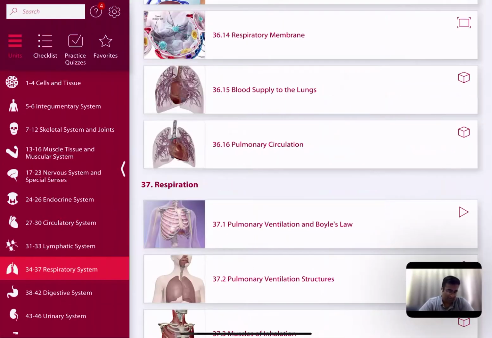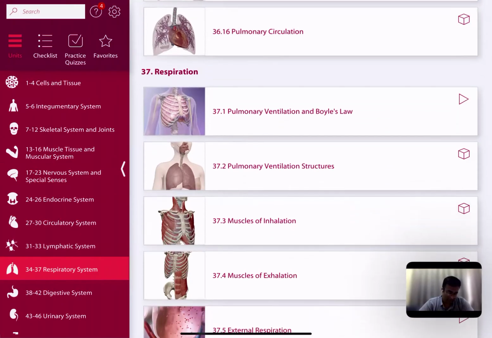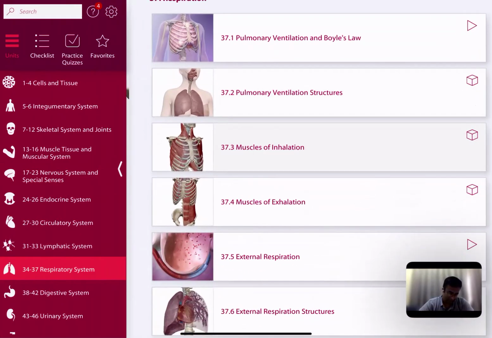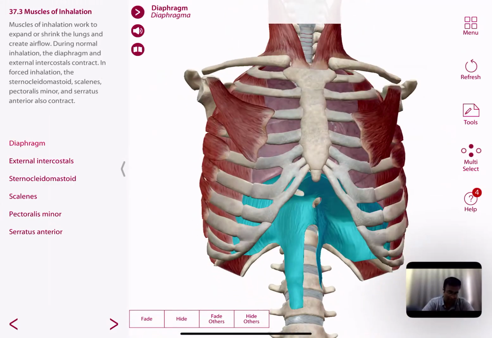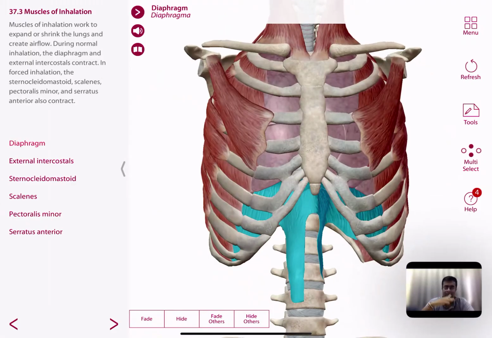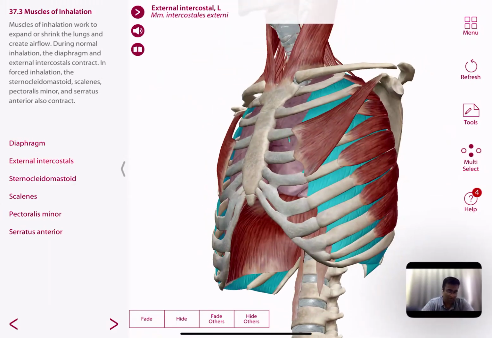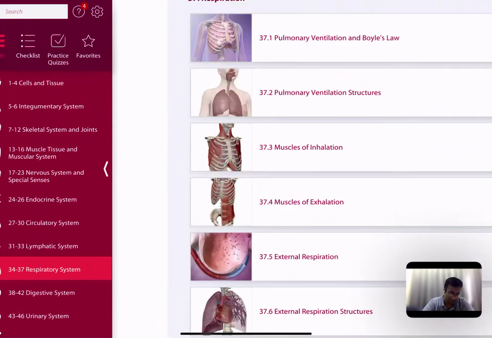So let us again identify these muscles as well. I'm just going to identify the main ones that you have in your syllabus. The diaphragm helps to push down the abdominal organs or push them outwards. Then you have the external intercostal muscles that are mainly associated with inhalation. And then you have the internal intercostal muscles, which